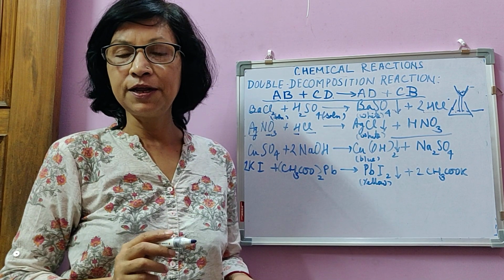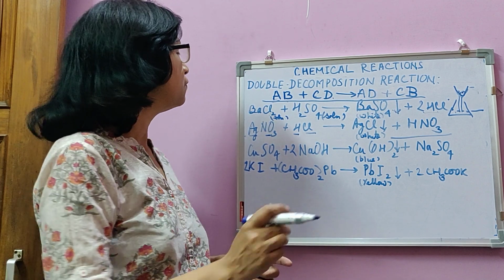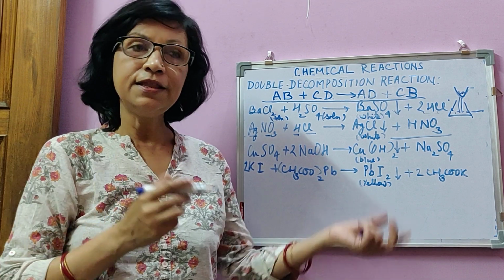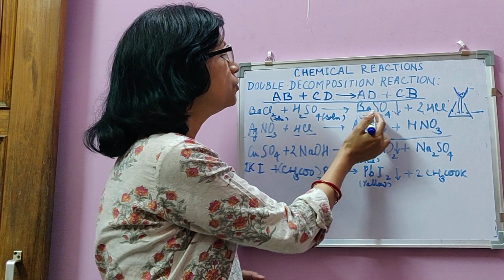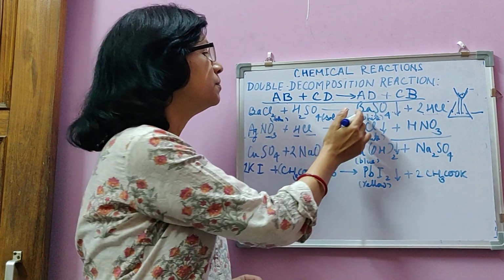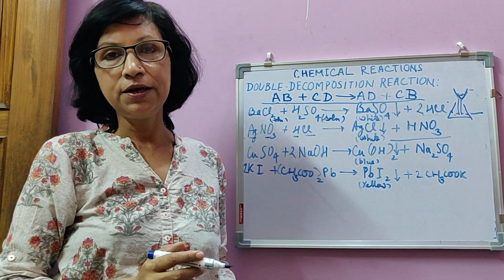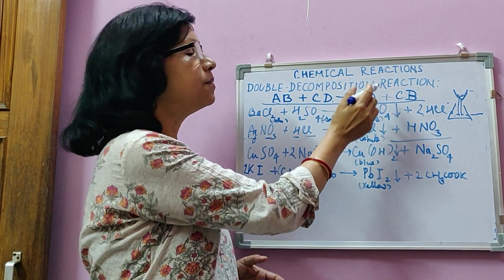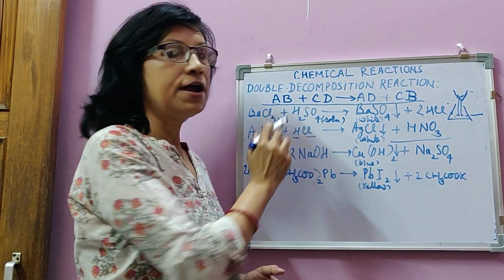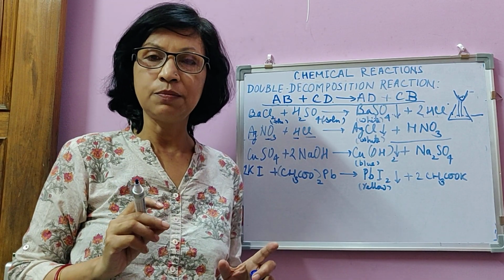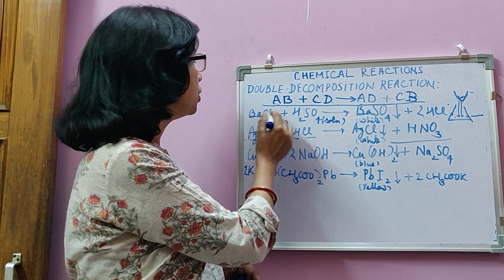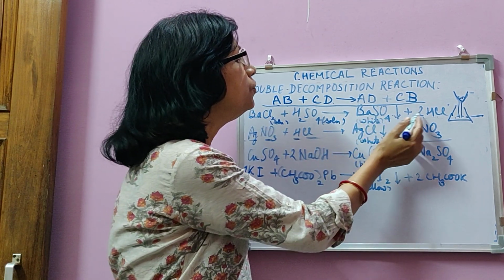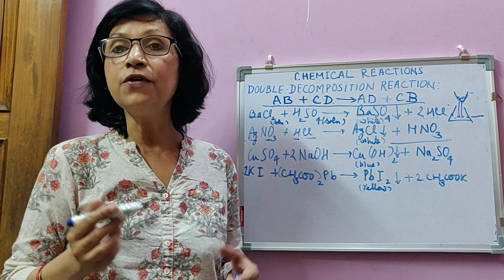But this reaction will take place only in the solution form, because in solution form only barium and chloride and hydrogen and sulfate get separated, and then they are free to move the way they wish to form two new products, barium sulfate and hydrogen chloride. So being in solution form is a must for a double decomposition reaction to happen. Out of the two, at least one has to be in aqueous solution, because in aqueous solution only dissociation of the ionic compound takes place. Then the ions will move and form new products by exchange of ions.